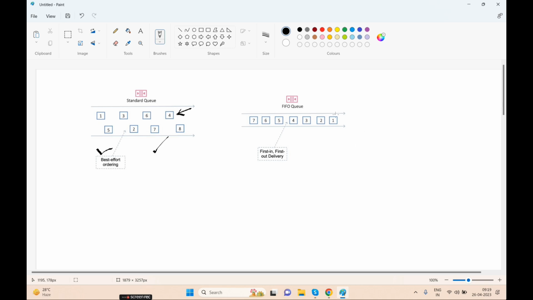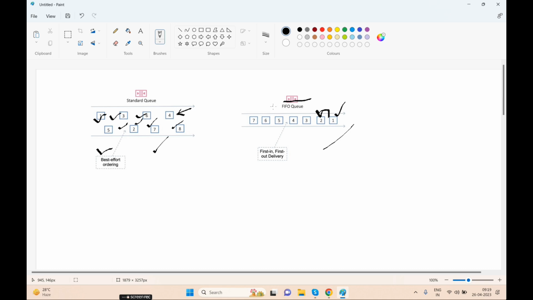But in FIFO, until the current request completes, the other requests will not be processed. In standard, one request can be processed multiple times, so duplicate processing can happen. Here duplication is not there, because one request has to complete before the other is processed.